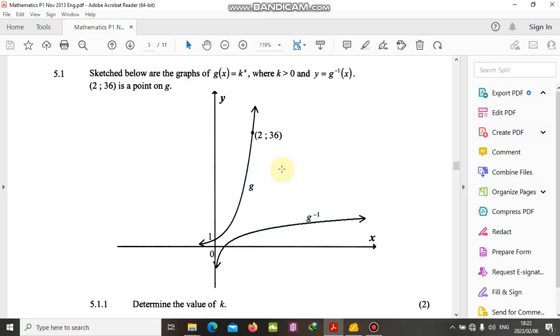Today we are solving this question. It is question 5, Maths paper 1, November 2013. I'll read the statement. Sketched below are the graphs of g of x equals k to the power x, where k is greater than 0 and y is equal to the inverse